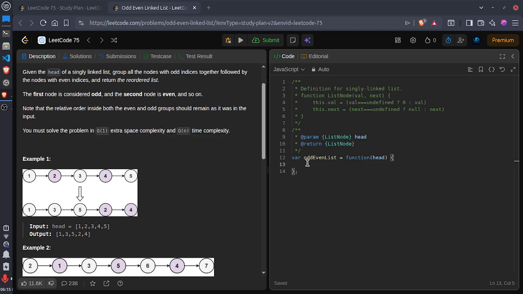So let's start writing the code here. First we have this function oddEvenList, and it takes the head of the linked list. We just write: if head is empty, return null. It means if the linked list is empty, simply return null. Then const